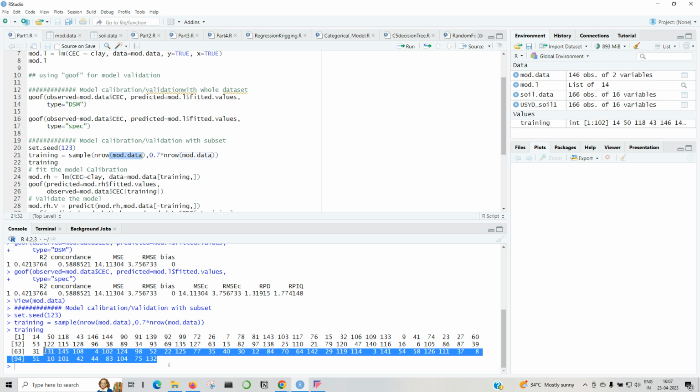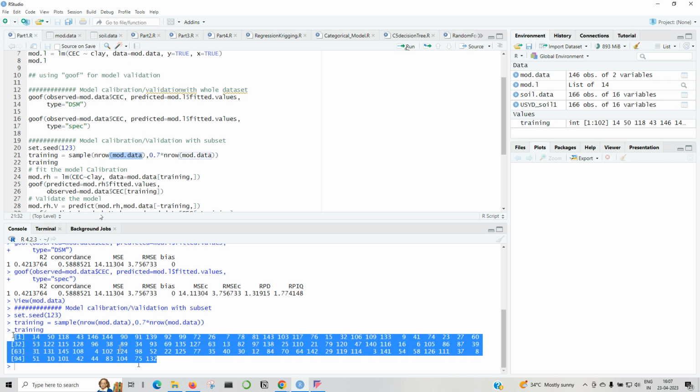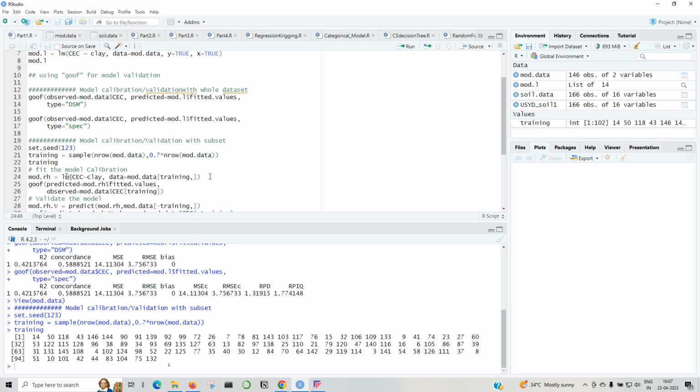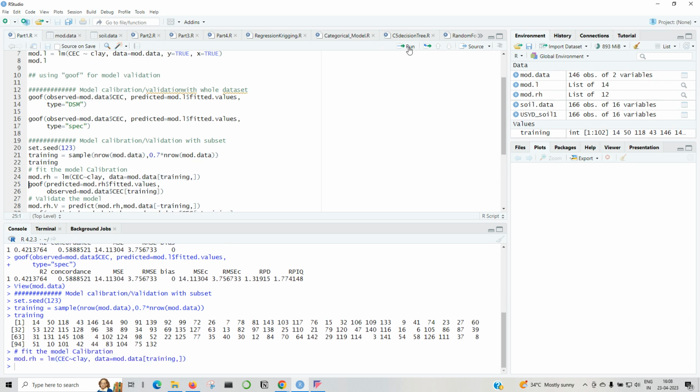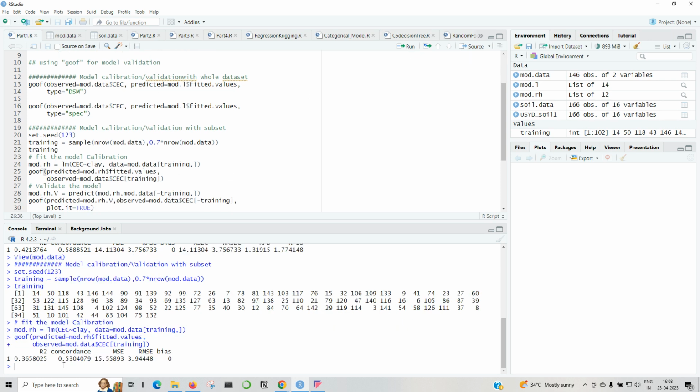And so these are the indices that are being selected. The values at these indices will be used for the calibration purpose. Now again we are using the linear regression model to fit. If you see carefully here, we are using data which is not the entire data right now. It is just the training data. So we have fit the model, and now using the fitted model, we can get the goodness of fit for the calibration data set, the training data set. Here you see even the training data set doesn't have a very good R square,